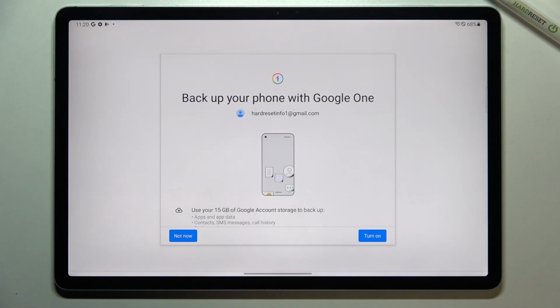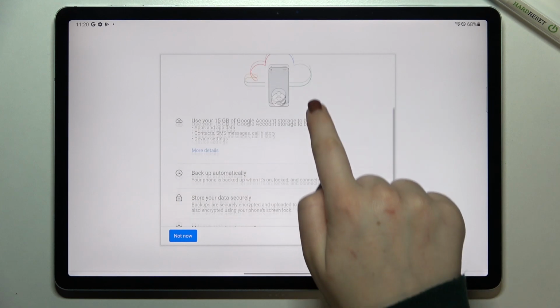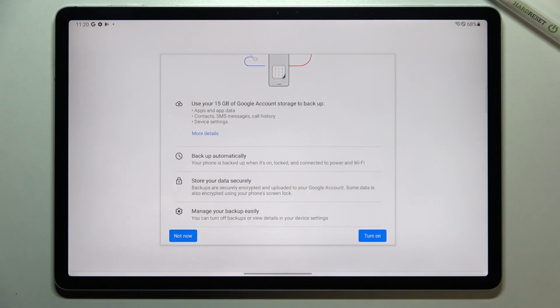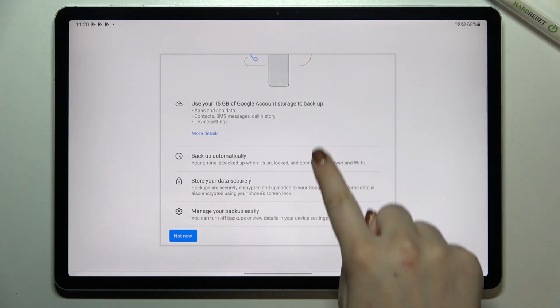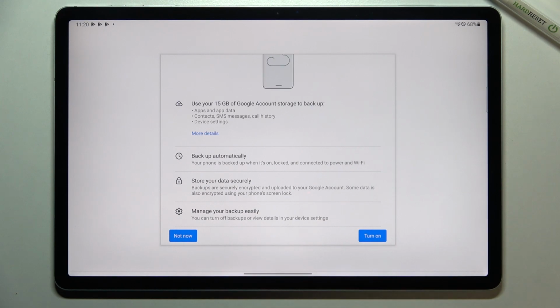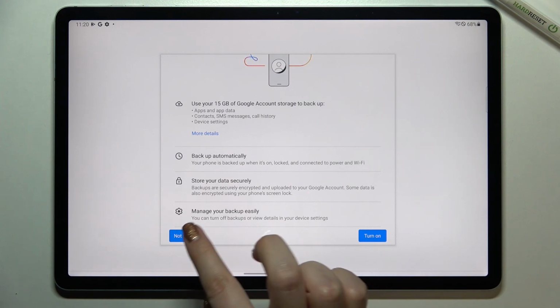And here we've got the information about the whole backup. So after scrolling, you can see that you will be able to use 15 gigabytes of Google account to backup apps and apps data, call history, contacts, device settings, and text messages. What's more, your device will backup the data automatically, will store it securely, and you will be able to manage the backup easily. If for some reason you do not want to backup your data right now, simply tap on